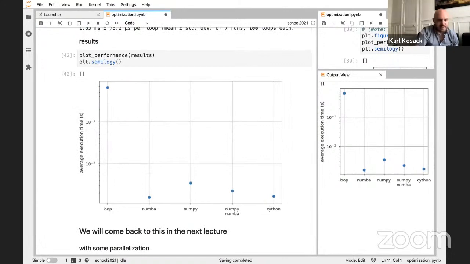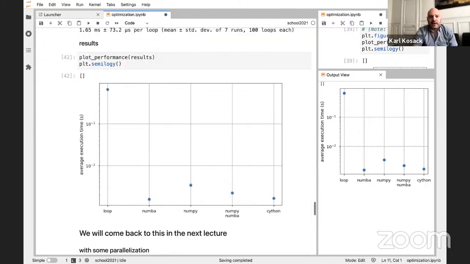How are we on time? This is the end, I think. So anyway, we'll come back to that in the next lecture. So that's my example. So I guess, why don't we break for a couple of questions, and then we'll go on to the next lecture in maybe 2 or 3 minutes, if there are questions.